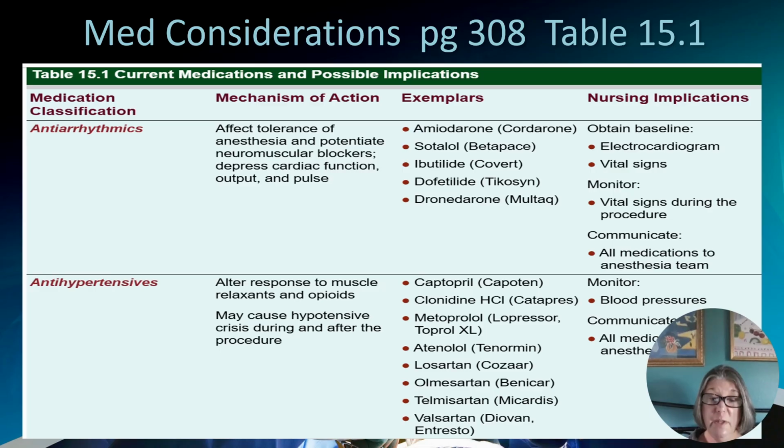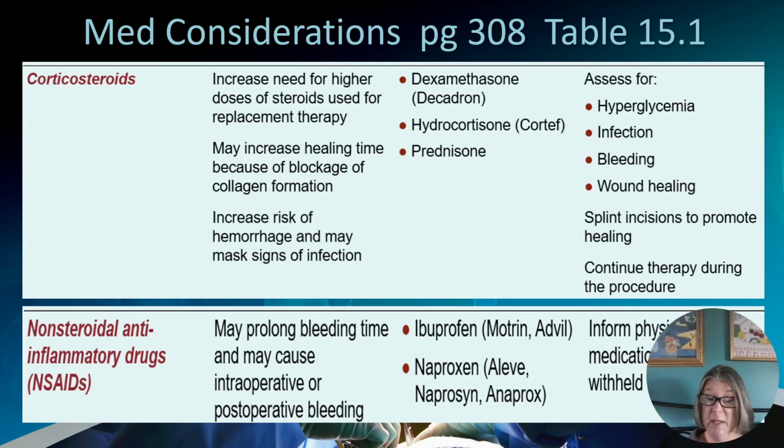One of the other things on antihypertensives: beta blockers should always be given. We don't want our person stroking out on the table. But we also want to make sure that the surgeon and the anesthesiologist are aware that that person had beta blockers that day, because if their blood pressure starts to tank, we need to know what that person has on board. This table also addresses steroids,